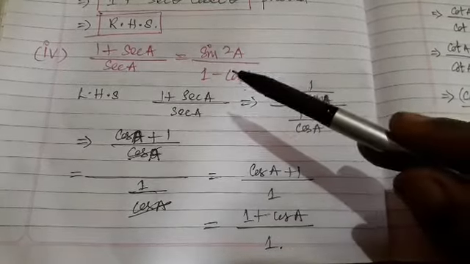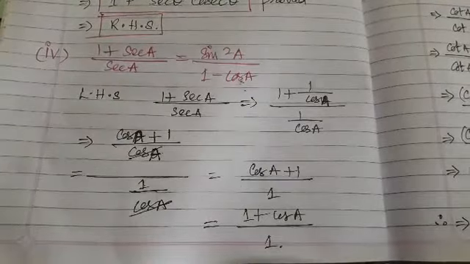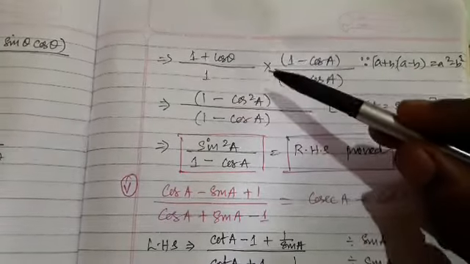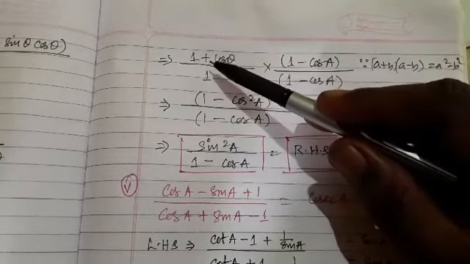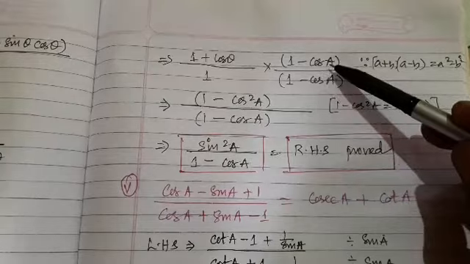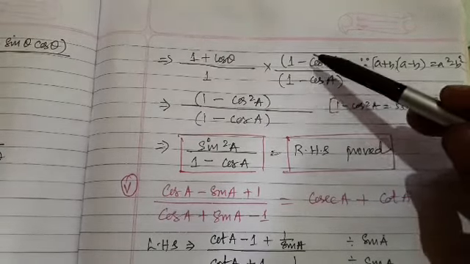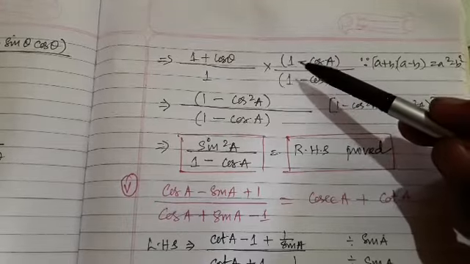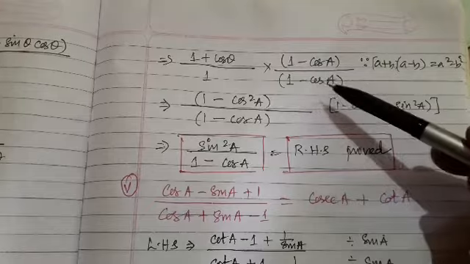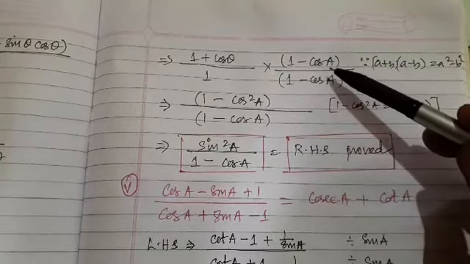Then what do we have to do with this factor? We need sin square A upon 1 minus cos A. How to convert it? Let us see. We are getting 1 plus cos A upon 1. Multiply with the opposite sign of the numerator. 1 plus cos A is there. You multiply by 1 minus cos A, and once again divide by 1 minus cos A. Numerator and denominator are multiplied by the same, by changing the sign of the numerator. That means you are multiplying and dividing by 1 minus cos A.